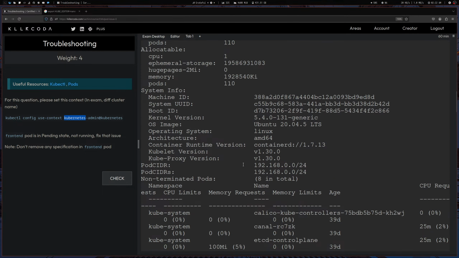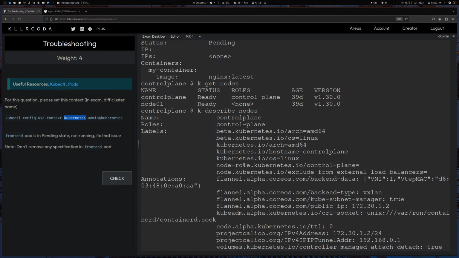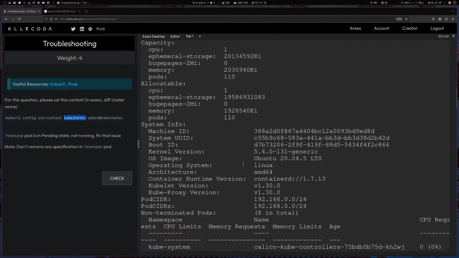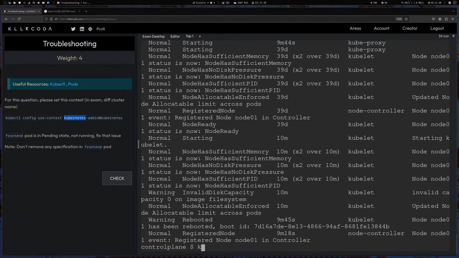Don't remove any specification is what they said. You can change them. What are the taints for control plane? What are the taints? Yep, just this. Okay. k get pod -o yaml to pod.yaml,